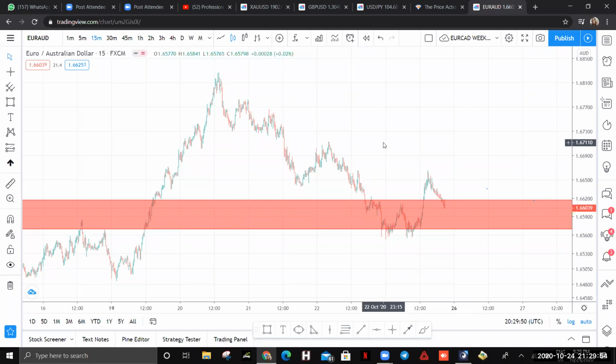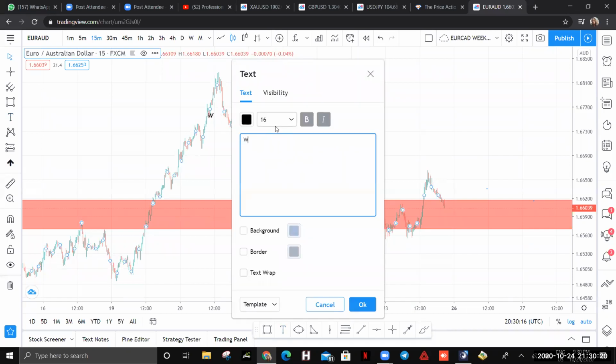So if you've drawn your support and resistance zone on your H1, go to your what? Your lower time frame and look for beautiful structures like W, like M, like V bottom, and what? Like the cone. Let me use the letters. Let me go to letters and type it well so everyone can see it clearly. Let me change the font so it's going to be bigger. 40. M, V,